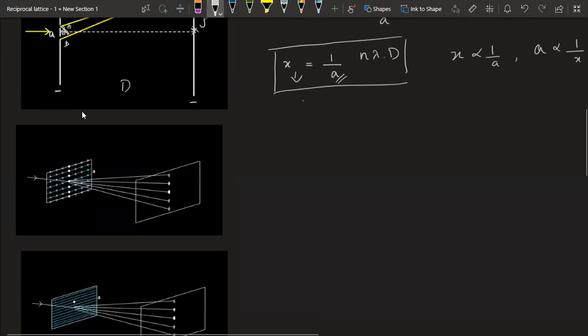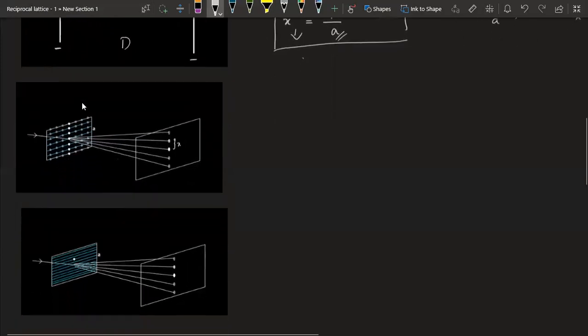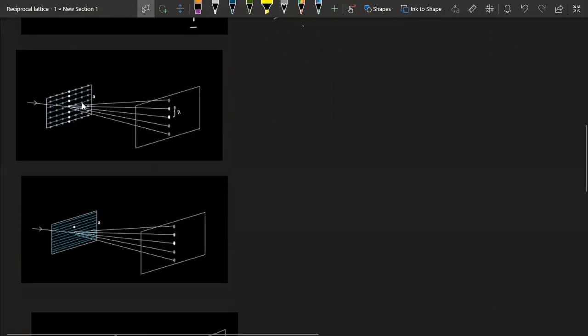So if we shine some light, this acts as slits, and say the distance between two atoms is a. It will form a diffraction pattern here. You can actually measure this distance x. So if you know x, using this equation, you can back calculate the distance between these atoms in vertical lines. The only thing that matters is not what atom it is, but the separation between these atoms. So we can completely ignore what atoms there are and only consider these lines.